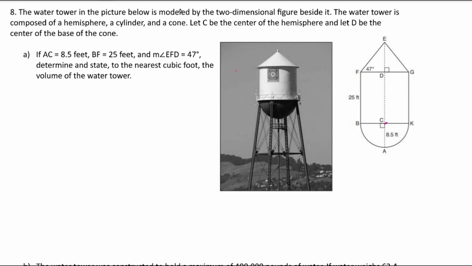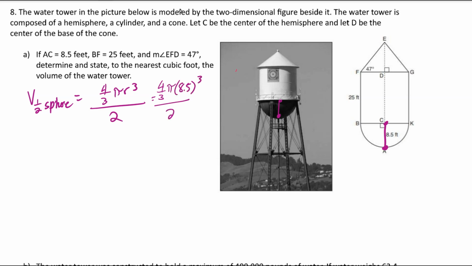Let's start with the piece that's easiest to work with. For this hemisphere, the formula for a regular sphere is just 4/3 pi r cubed. So if I take half of whatever that number is, I would get the volume of the hemisphere. It would be helpful to know what the radius is, and I could see in the picture the radius, the distance from the center to the edge. It's already 8.5 feet. So if I substitute that in for the radius, 4/3 pi times 8.5 feet cubed, and take half of all that,